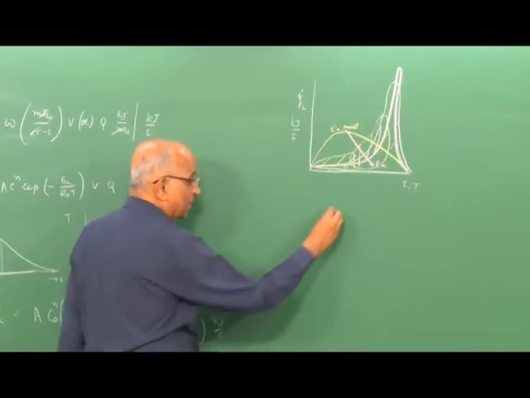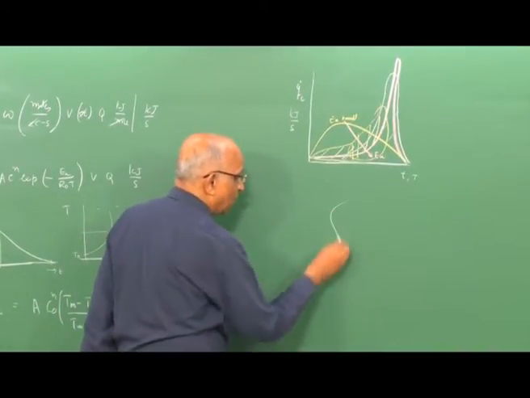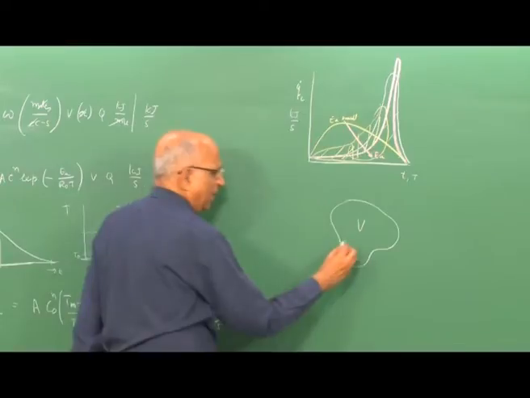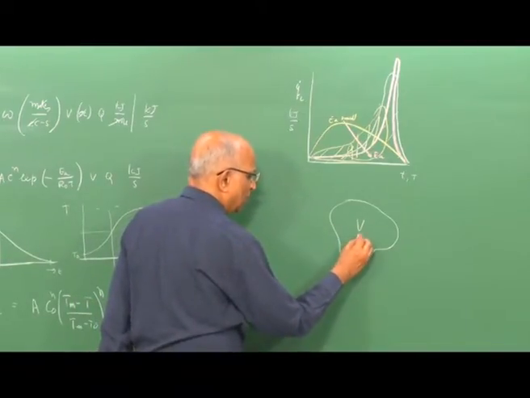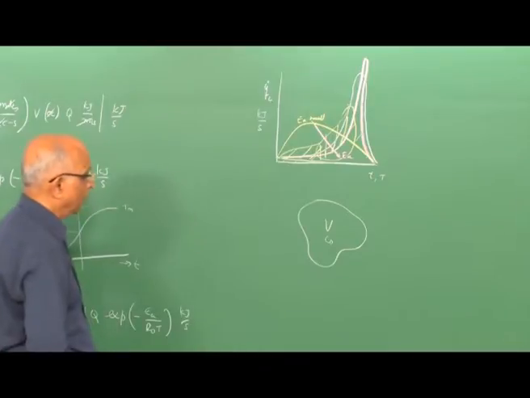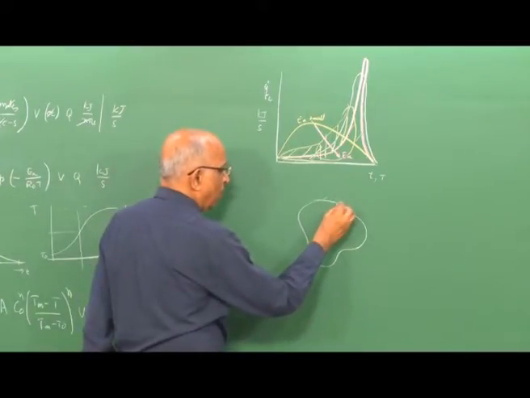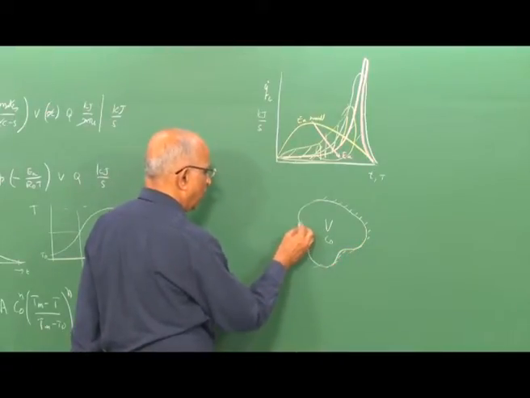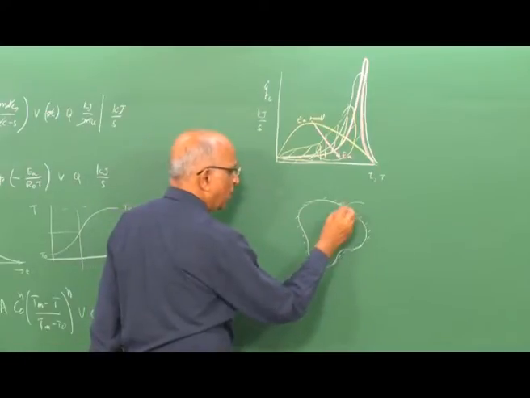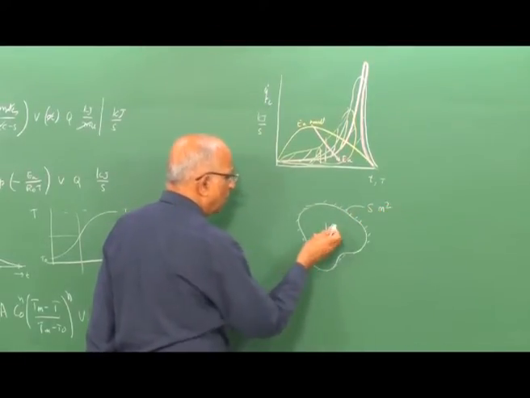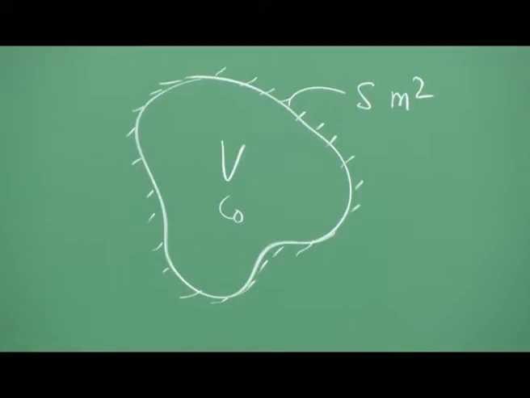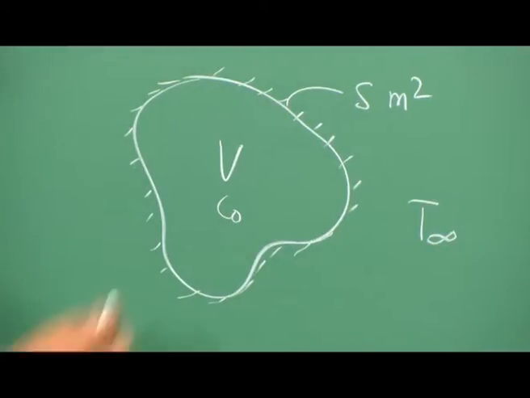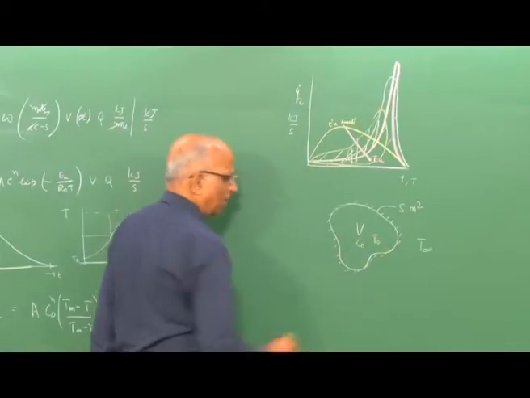Let's now say I have an explosive. I have a certain volume of explosive over here. It contains, let us say, some moles of the substance, and whose initial concentration is, let us say, C naught. I have a boundary. The boundary could be a physical boundary, or let us say some boundary over here. Let us say that the area of the boundary is S meter square. The volume is V meter cube. This is the initial concentration. Let the ambient temperature be T ambient. Let the initial temperature of this explosive be T naught.